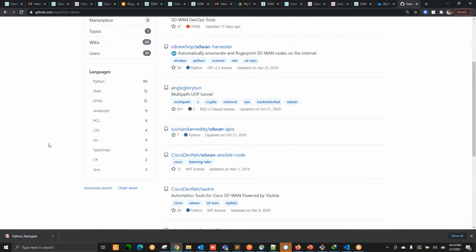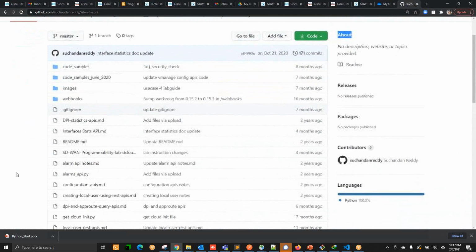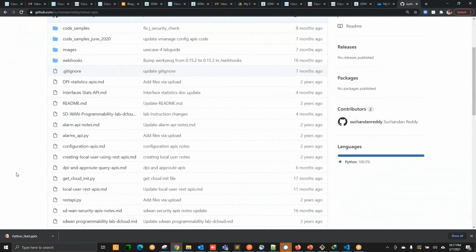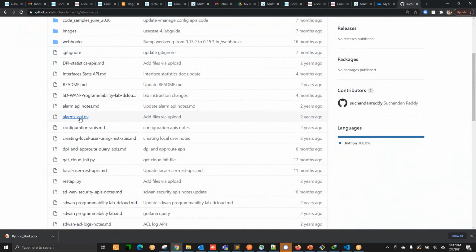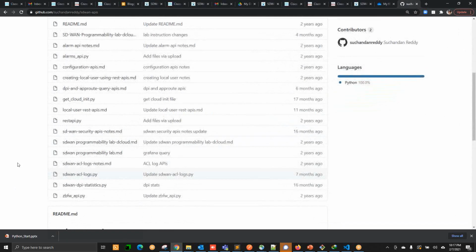Now suppose I want to copy this particular code, SD-WAN APIs. Here you can see this particular link is going to give you alarms API, local cloud related API, REST API, and so many things.